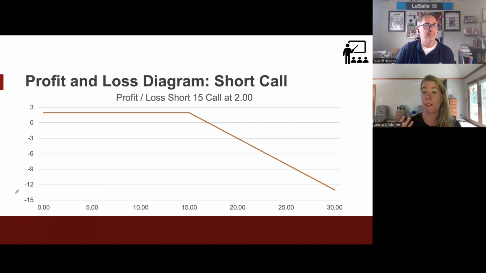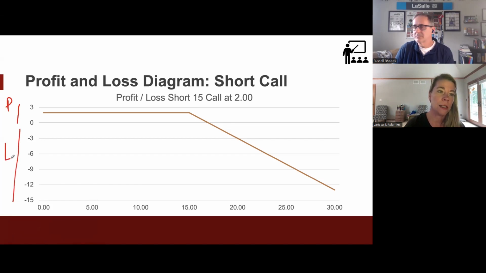And now we have our short call option. So we're going to put our P and our L, and then I'm also going to label this axis A. And I'm doing this because when I teach the class, I actually have the students put up this entire graph for all 6 positions. And Dr. Rowe, you'd be surprised at how few students actually get that correct.